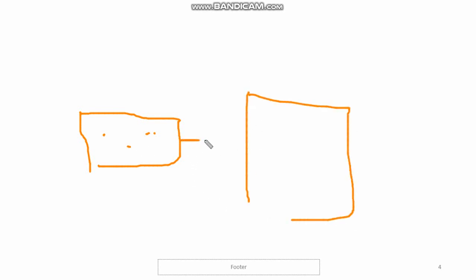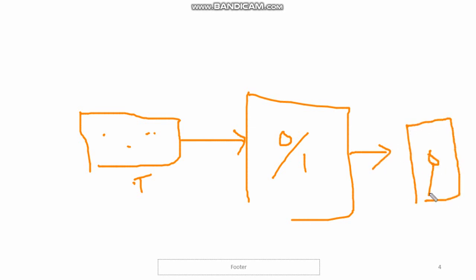Let's just go to an example. For example, let's imagine here there is an input device, let's say a keyboard, and then here there's a processor. Now the data that is going from here to here is, for example, text that is typed, but here the data has to be, we know in a computer, zeros and ones. And if the data goes out to an output device, for example, here it could be a picture, somebody's picture, on a printer or a display. So this is one format, this is another format, and this another. So the data has to be converted or translated into a format that is required for the device.